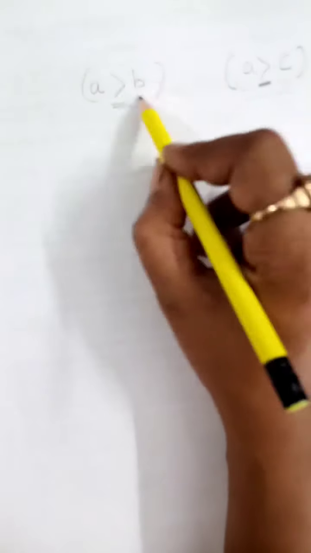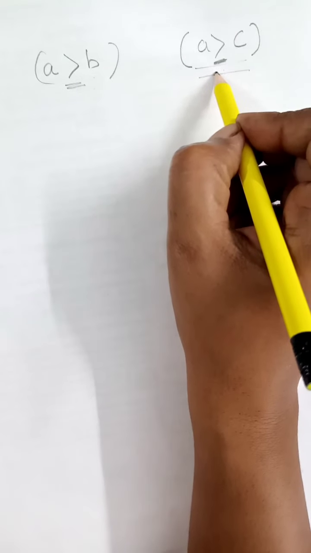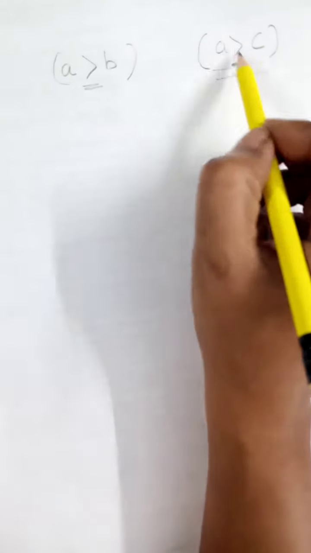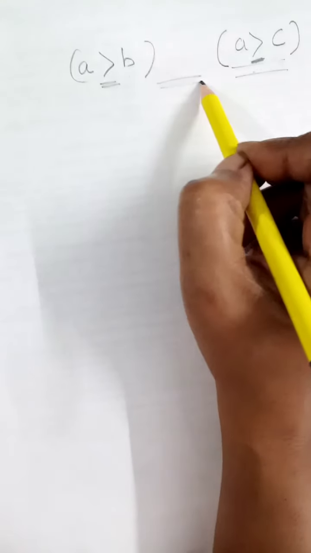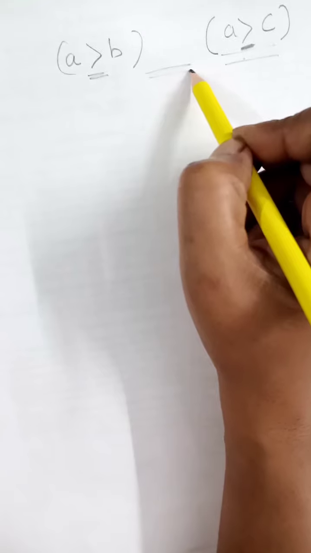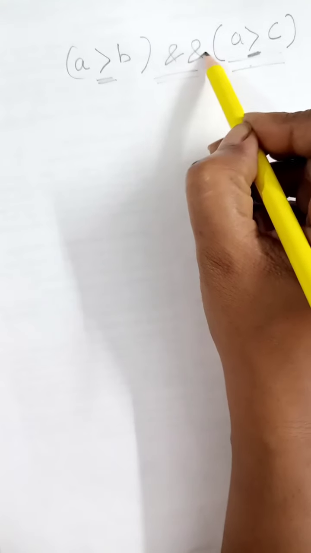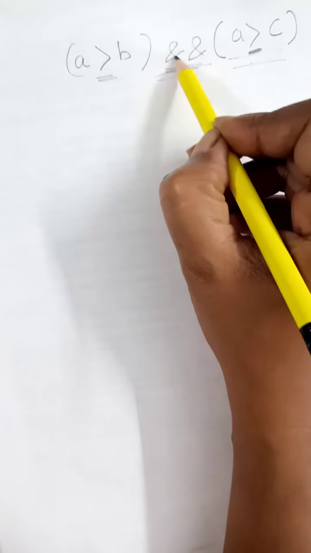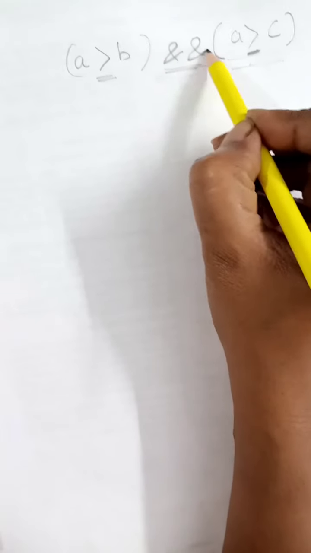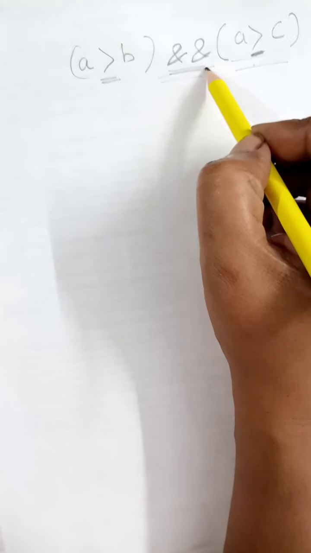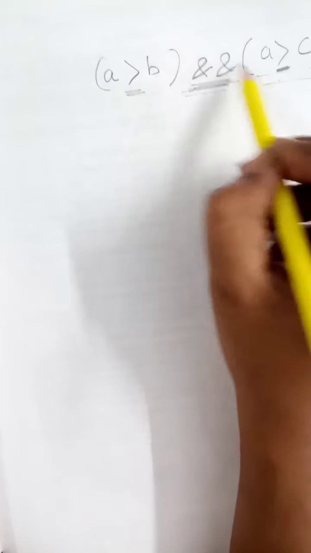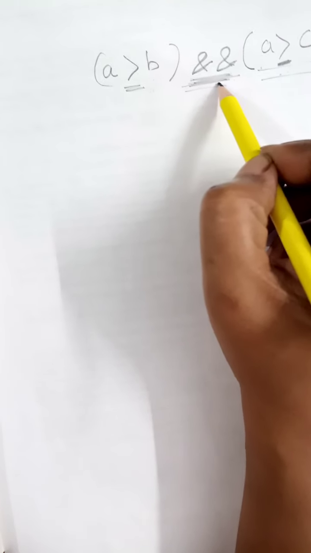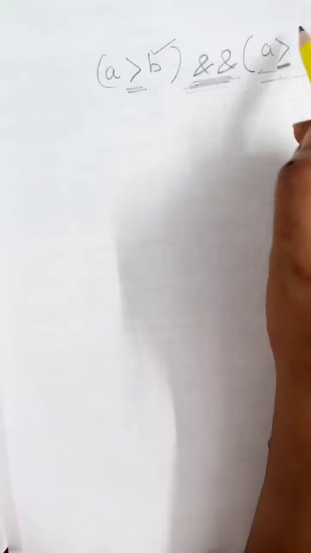You can join these are the two conditions. Okay, if A is greater than B and A is greater than C, you can combine both the conditions together with the help of a logical operator. Okay, and suppose we are using the logical AND. Okay, these two symbols, &&, form logical AND. And whenever we are using this between two conditions, it means this one should be true and this one should be true.